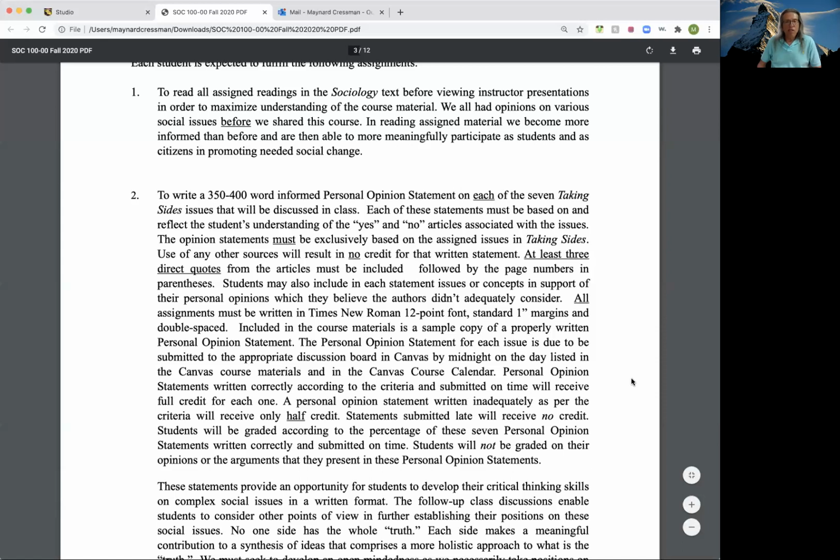Why? Because these issues are all issues we are confronting right now in this world, and you're going to have to even vote depending on your thinking about these issues. So this course is an opportunity to get more informed than you might have been before about these issues. And I'm not trying to persuade you that what's in the Taking Sides issues is the end-all. No. It's just that now, when you read those, you know more than you did before on the issue. And now you're even better prepared to make an informed decision about which way you're going to go with this particular issue.